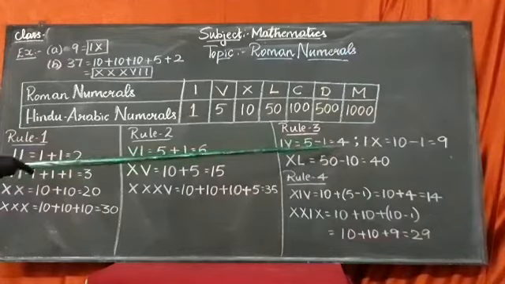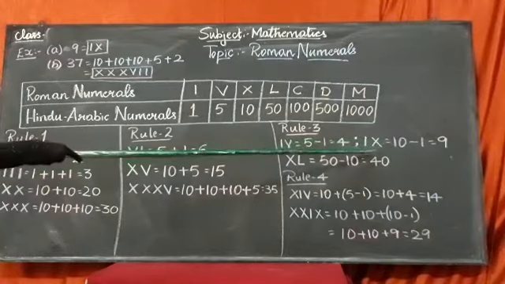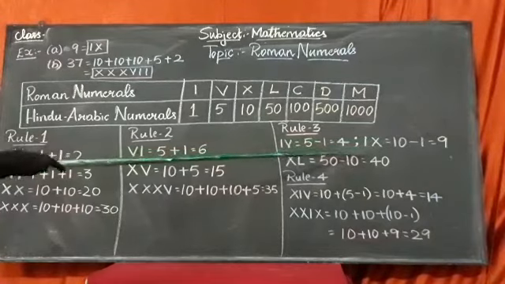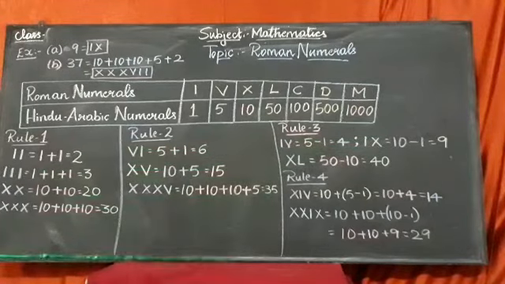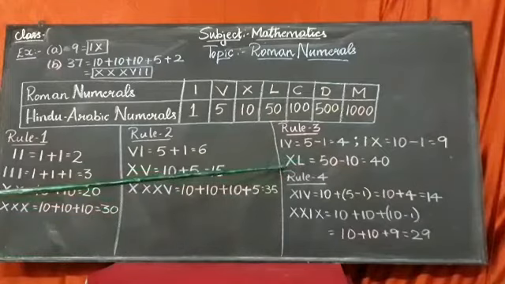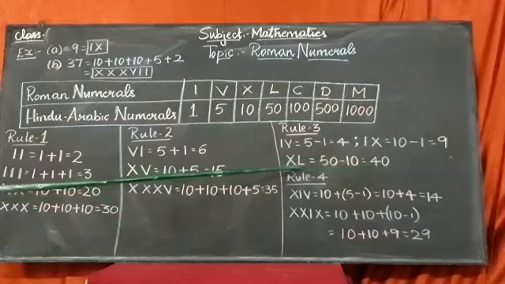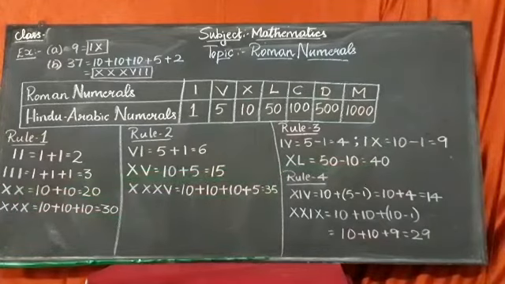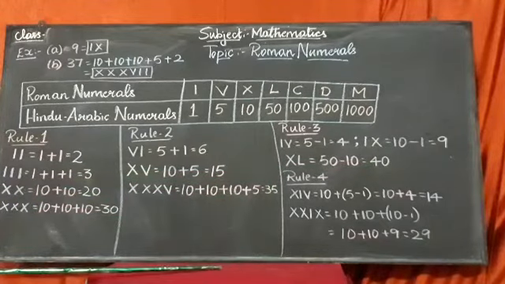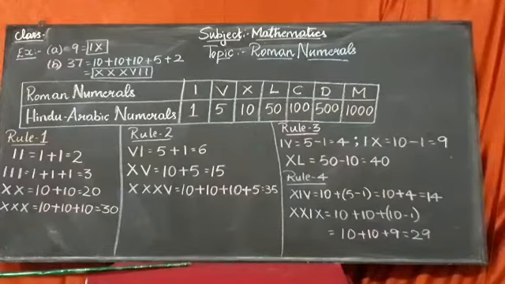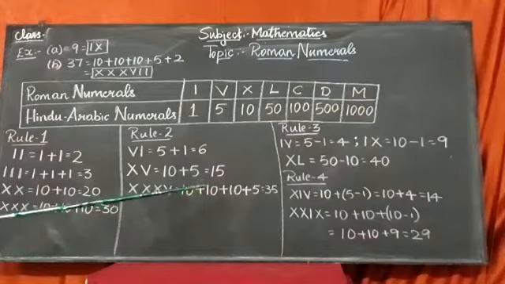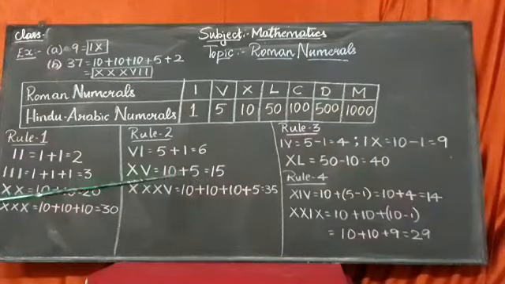Now 10 minus 1, we get 9. 9 is written like this in Roman numerals. Now 50 minus 10, we get 40. 40 is written like this in Roman numerals. Rule number 4. When a smaller numeral is placed between two numerals of greater value, it is subtracted from the numeral placed after it. See the example here,